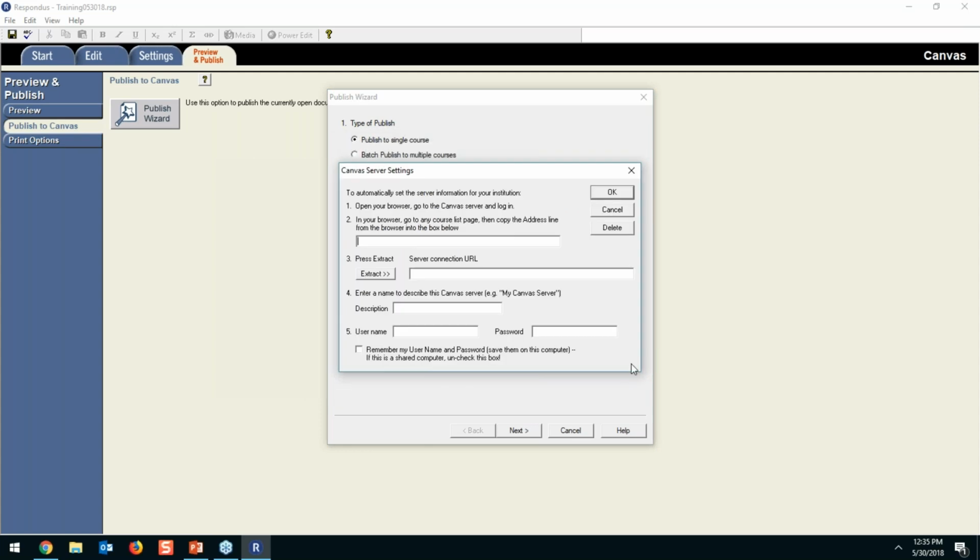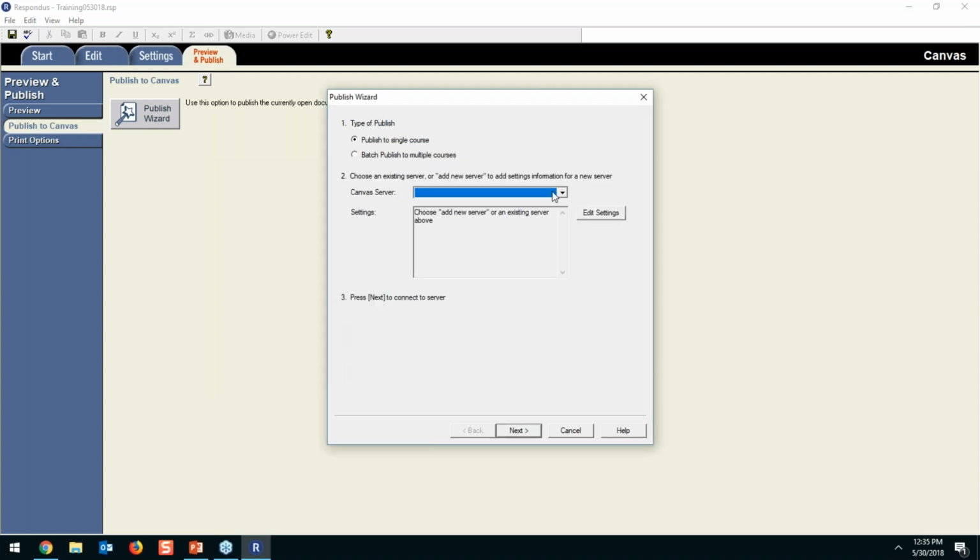Now, I say technical stuff. It's really just a bunch of links that you copy from various places within Canvas. We do the heavy lifting with the technical side, but this is a step that everybody has to do at least once. You're either going to pull these settings down because they've been pre-configured for you, or you're going to enter them manually. But what it does is it tells Respondus where to publish this content, because we need to know what course to go into, what Canvas server to go into, what institution are you from, and so on. And I already have this set up, so when I click Next,